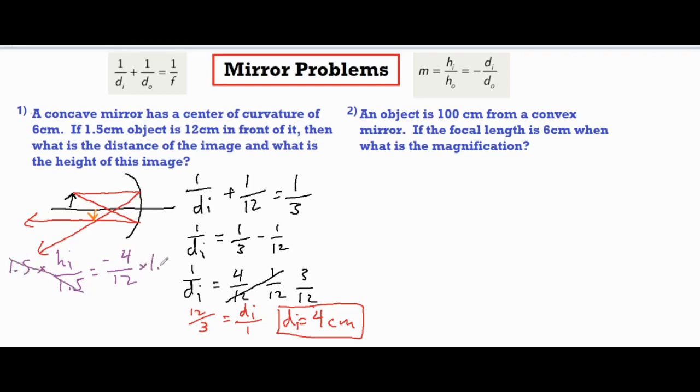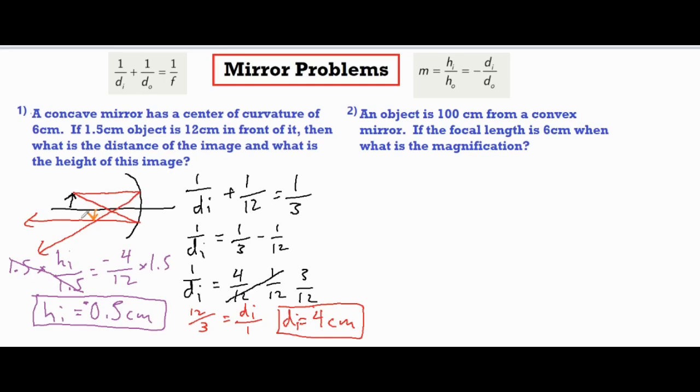then I have my answer, which is negative 1/3 times 1.5. So my height of my image is negative 0.5 centimeters. So that should be smaller than my original height, and it should also be negative to show that